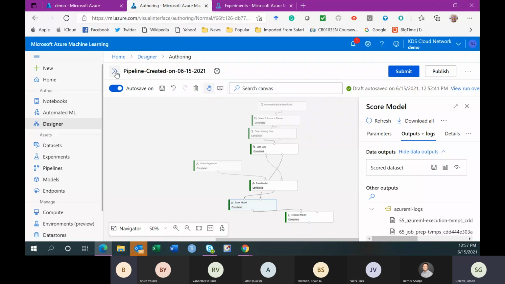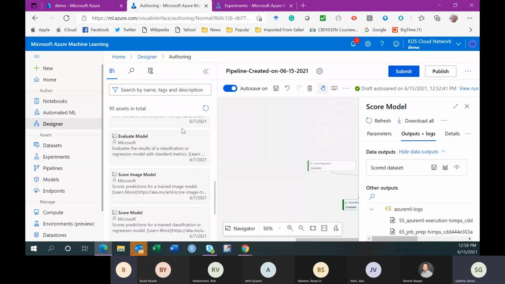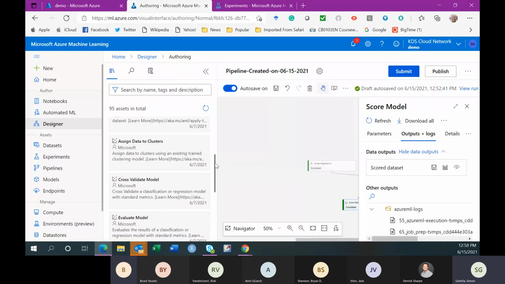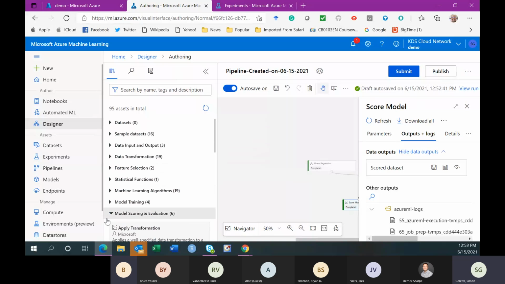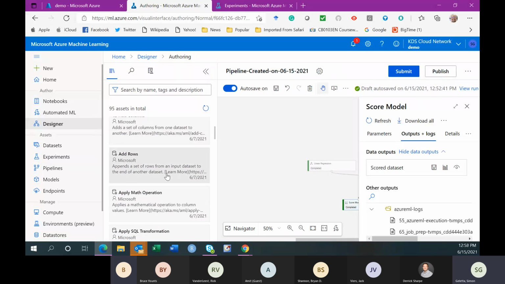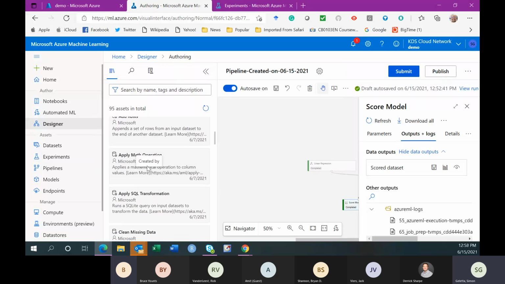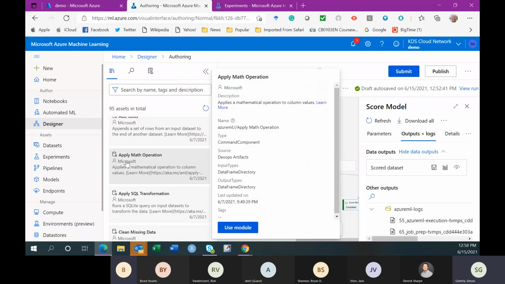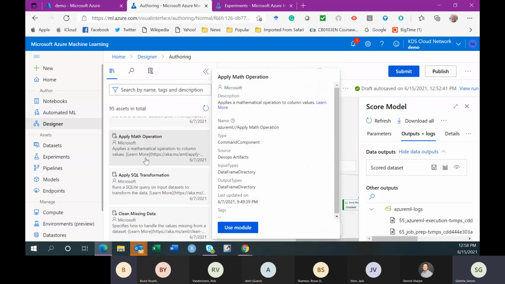Very good question. So we have a lot of functions that are built in. As you can see here in the data transformations, we have 19 different types of things that you can do. Adding columns, adding rows, apply math operations. If your function is just a math function, you can just use this.